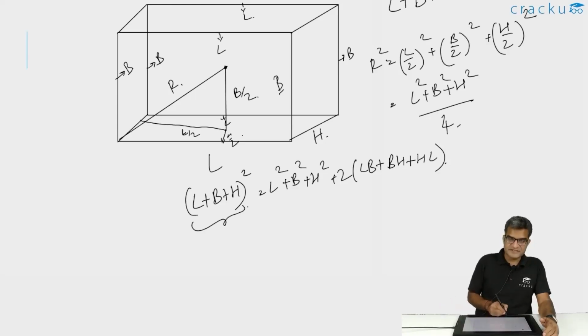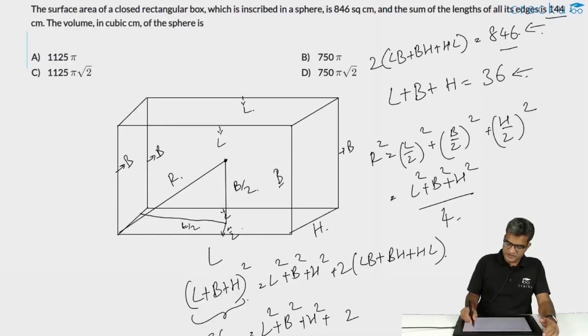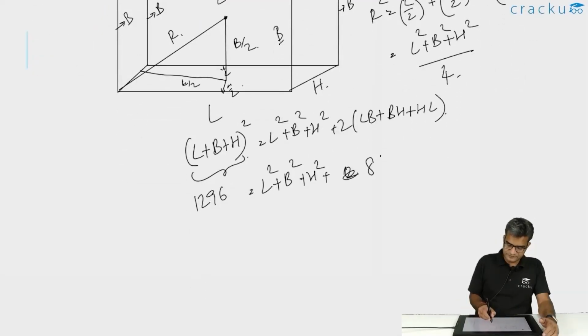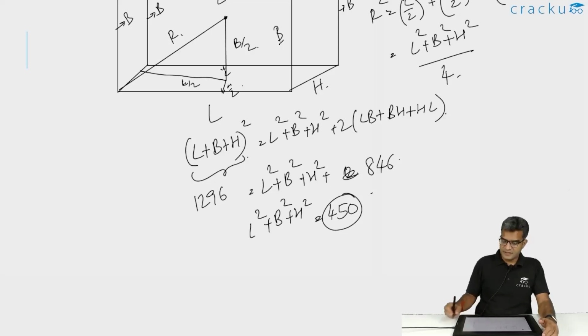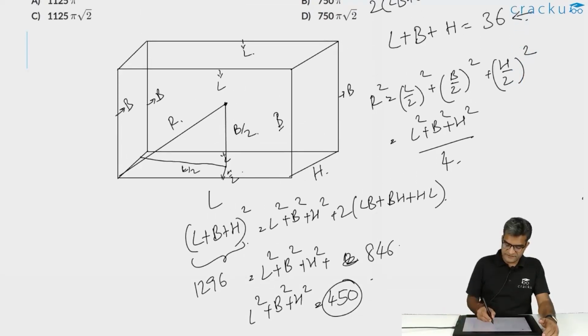This will be 36 square, which is 1296, equal to L square plus B square plus H square plus 846. Or the value of L square plus B square plus H square is equal to 450. If this is equal to 450, the value of R square